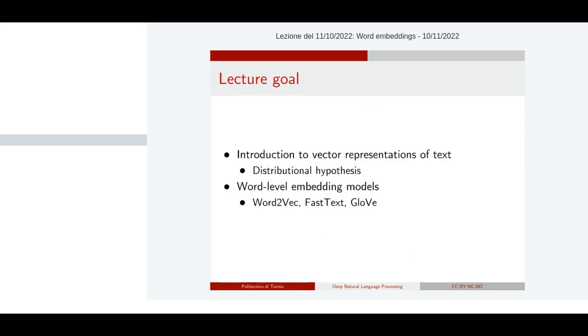So we denote this kind of representation as vector representation of text, because basically we identify the unit of text we want to represent. In this lecture, we mainly focus on single words, which is a simplification, of course. We will see that we can do better, we can do more. Given a word in a vocabulary, we want to associate to that word a vector of real numbers. So we will also call this representation embedding, which is also called a dense representation of the text, because it's not simply a discrete representation, a Boolean representation 0, 1. It's a dense representation because it's a vector of real numbers,